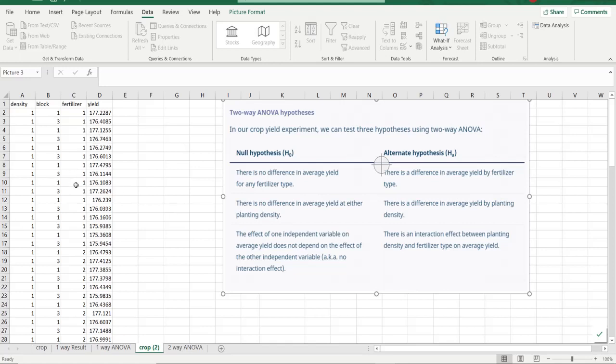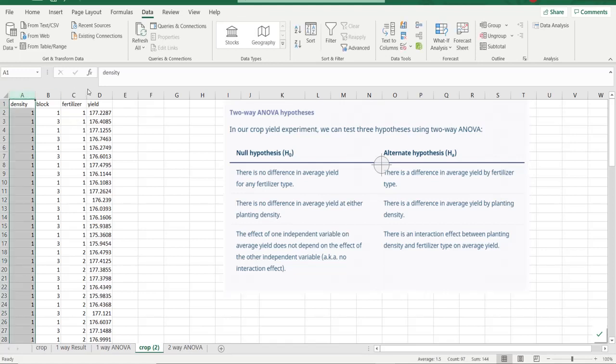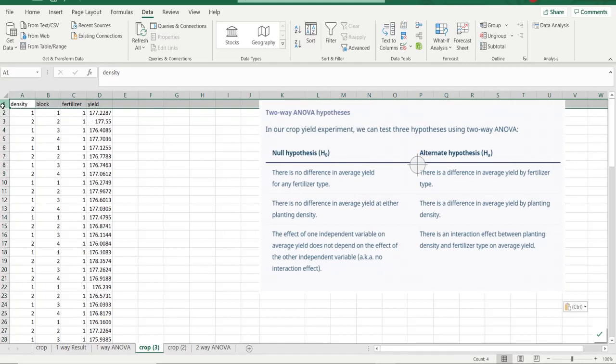So this is the raw data collected. In order to implement two-way ANOVA in Excel, we have to restructure this data. For this analysis, we are going to consider two independent variables, namely density as well as fertilizer. Density has two categories, namely 1 and 2, whereas fertilizer has three different categories, namely 1, 2, 3. Select the column names of this data and from the Data tab, select this filter.